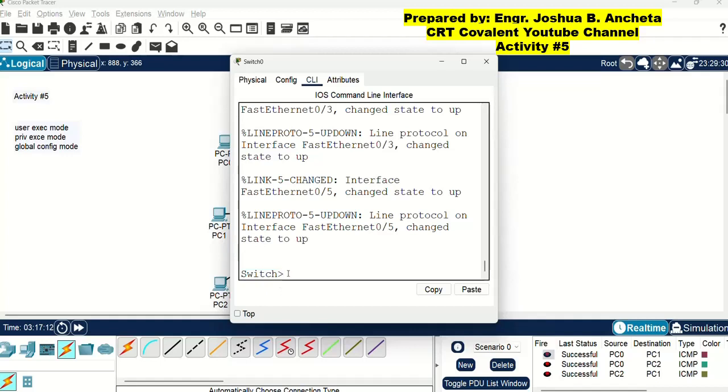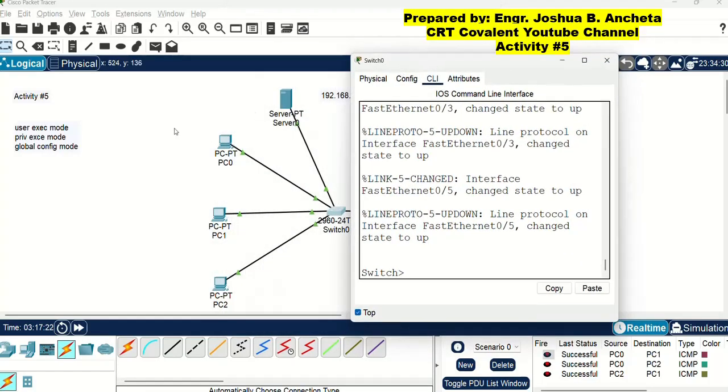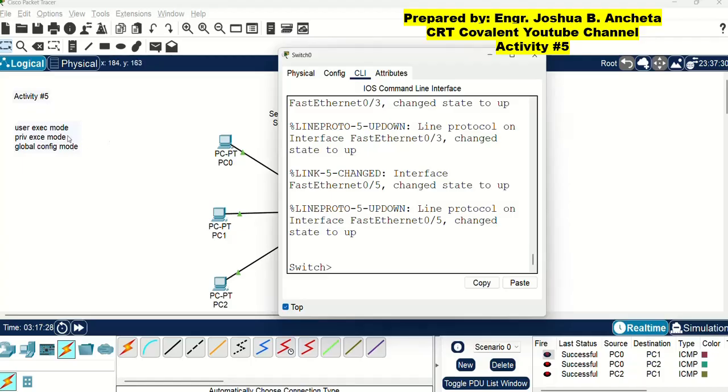So this is the user executive mode. Let me click this box, the top, so that if we click the environment of the Cisco Packet Tracer, it will not minimize. Again, for the user executive mode, the prompt shows the greater than symbol.